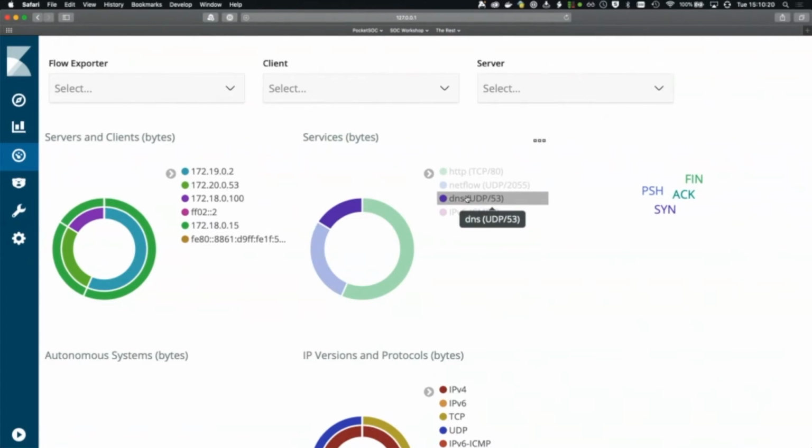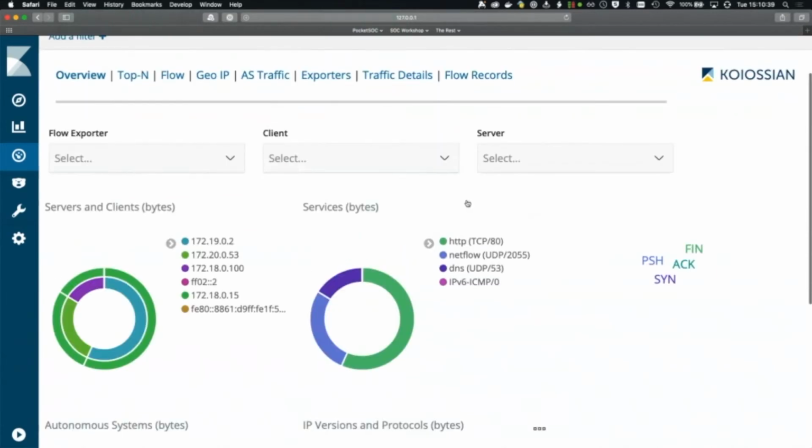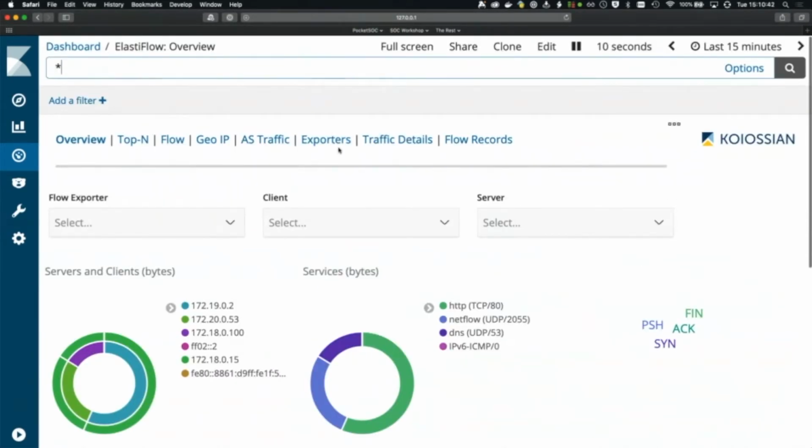The nice thing here is that there was no configuration in that. You just fired up the NetFlow generator on the client node, and then the NetFlow was ingested, and then Elastaflow has done the work to parse that out and to show that in different places. You can see the different parts there. So this is really all I was going to show about this because this is a relatively new addition. So this has been added in the last sort of couple of weeks. So it's more of an existence